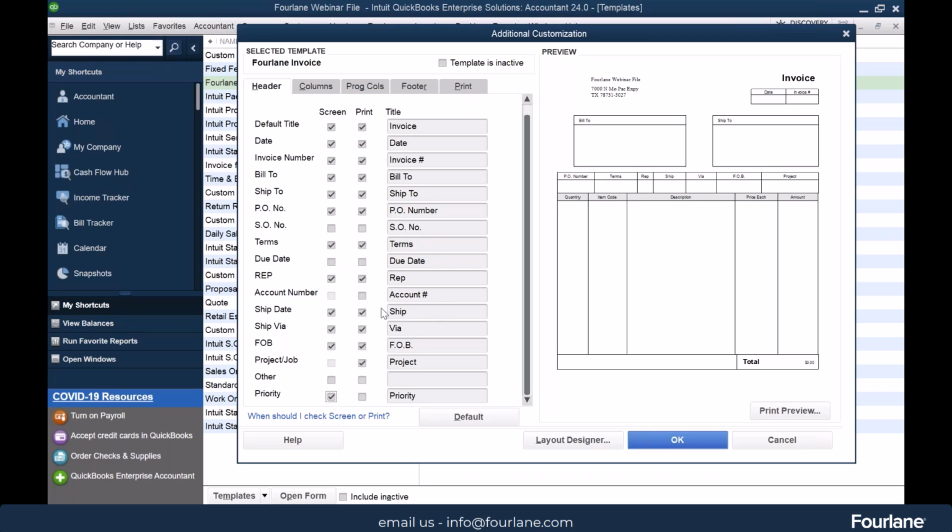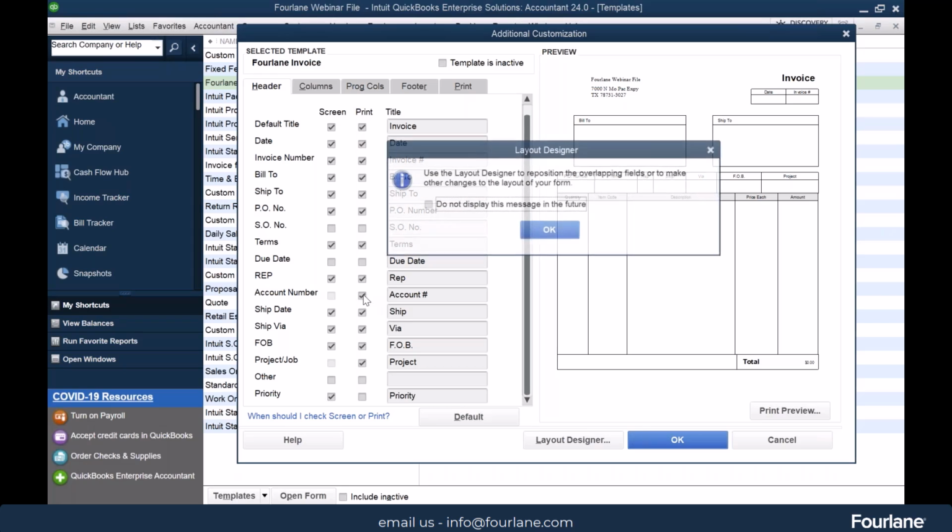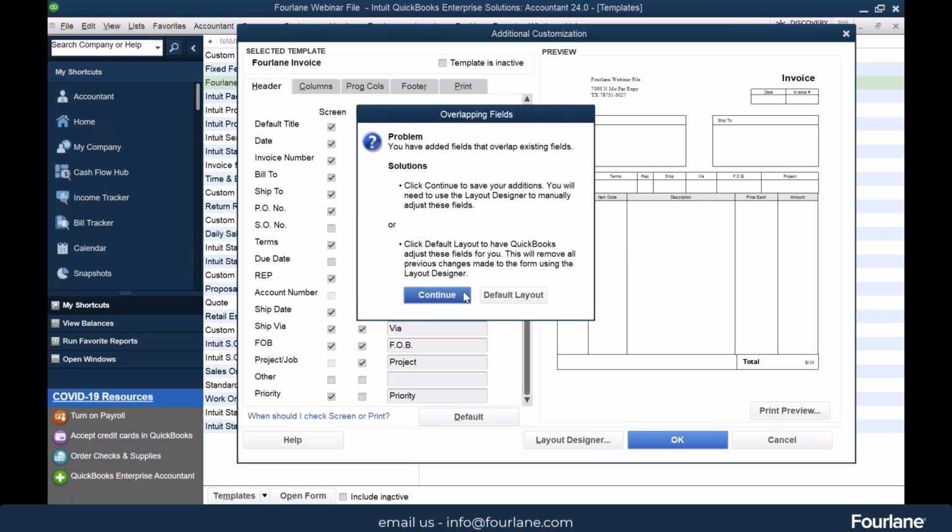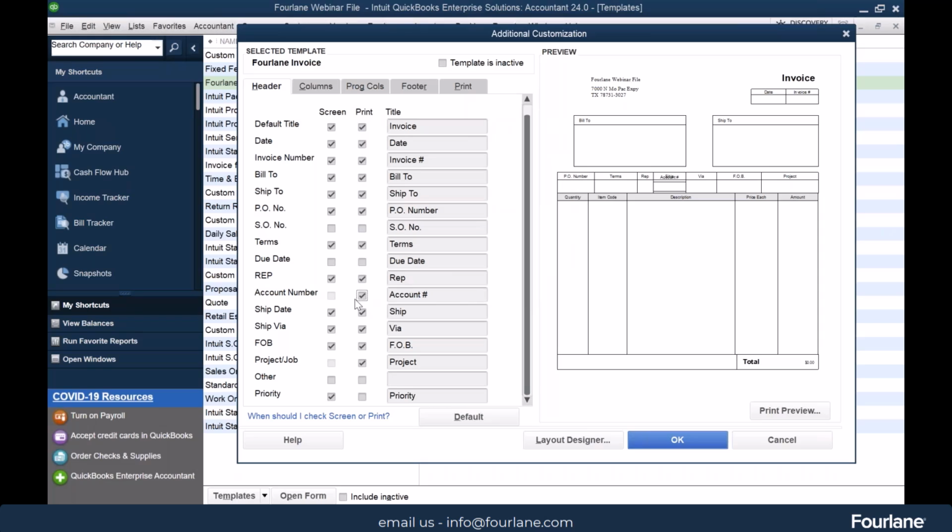Some of the other fields on here, you can see that you can have them print, like account number as an example. So your customer's account number, but we don't have that as an option on the screen because it doesn't allow us to actually edit that account number from a transaction. We'd want to edit that from the customer record. So we can have it, again, on the print, but not looking at it on the screen. And then if we have any sort of sales order number that we want to carry over,